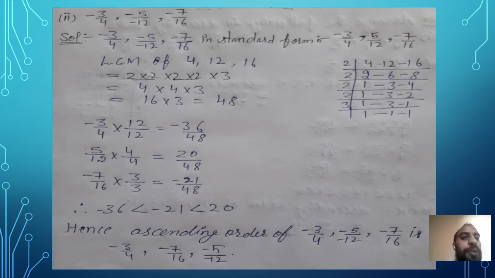Take the LCM of the denominators 4, 12 and 16, as I did in the rough area. You will get 48. So now your task is to convert all the denominators into 48. First is minus 3 upon 4. 4 is in the denominator, so you multiply 4 by 12. 12 times 4 is 48 and 12 times 3 is 36 with the minus sign. Then next the denominator is 12. That means I need to multiply only by 4. 5 times 4 is 20 and 12 times 4 is 48.